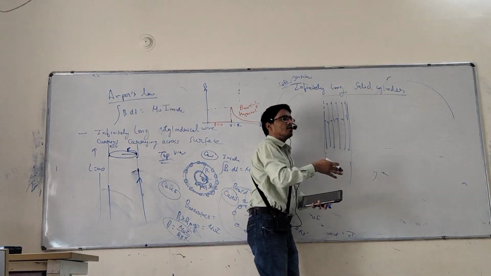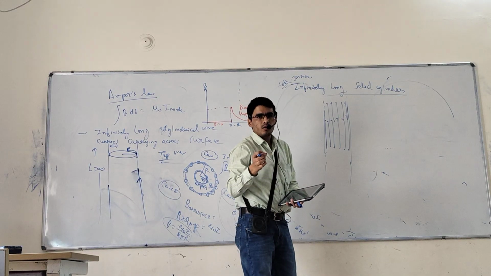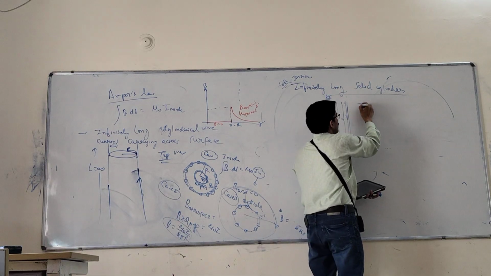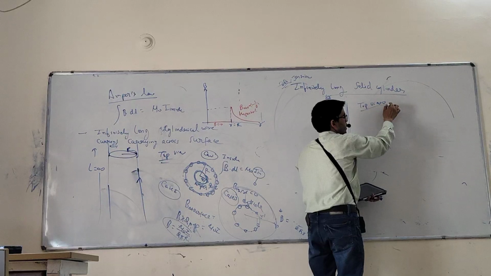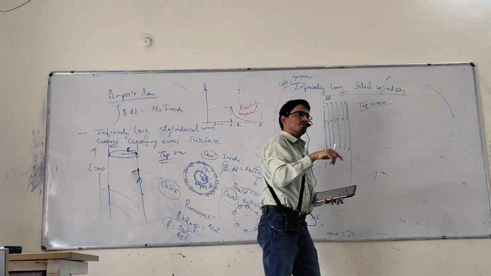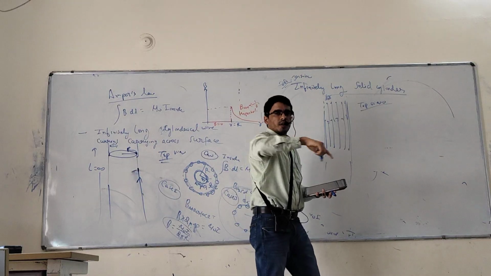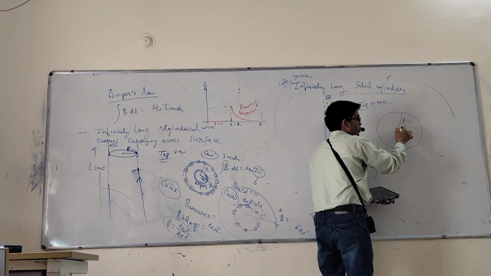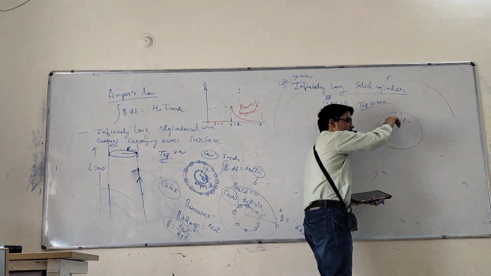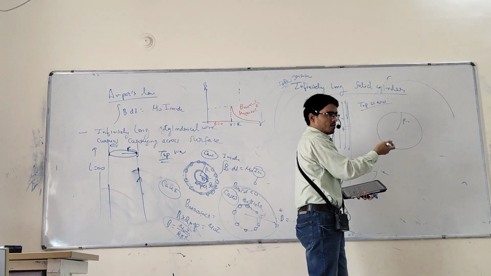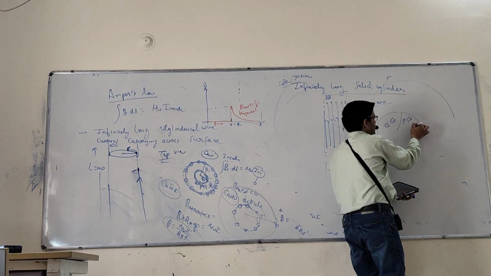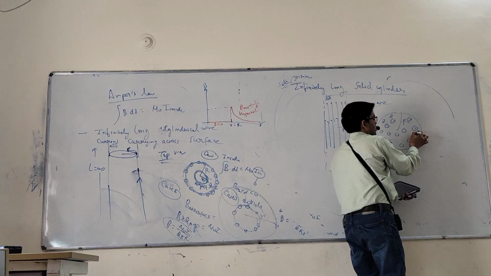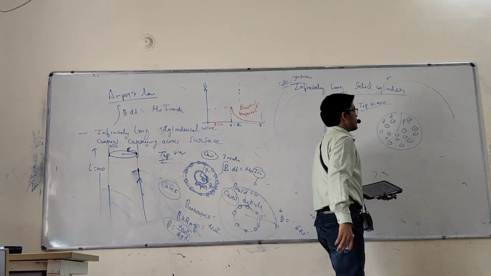So what is the length here? Infinite. So I will use what? Top view. Top view is like that. So in the top view, which type of shape will you observe? A circle. So here now draw a circle. What is the radius? That is R. Now tell, where is current present? Only on the circumference or everywhere? Everywhere. Dot, dot, it is one point, everywhere dots. That is a dot.